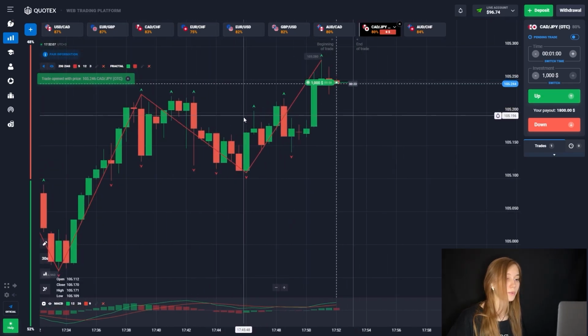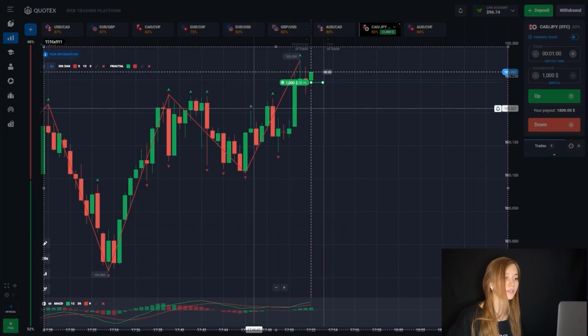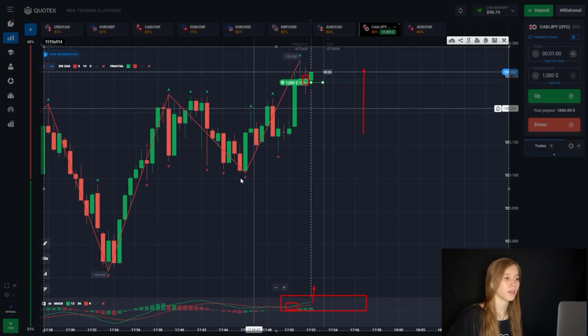I think we'll go for an increase here. We see that we now have an upward trend. We note for ourselves that there was a small rollback, after which the moment to go up. This trend, here we see the intersection points, minimum,